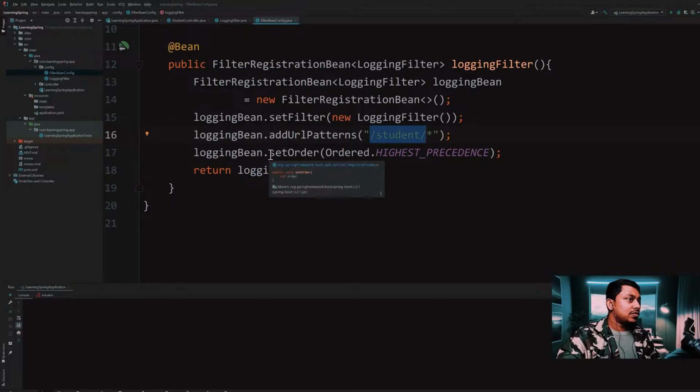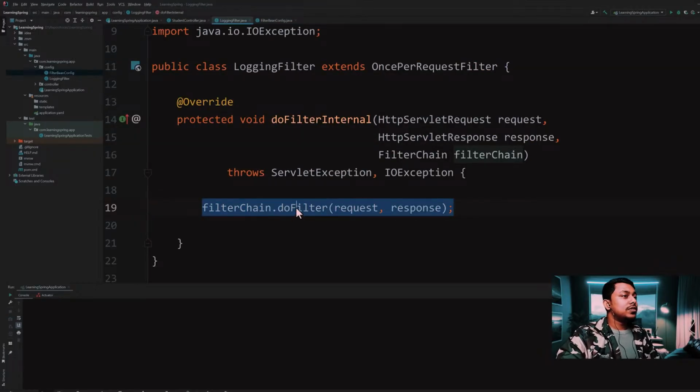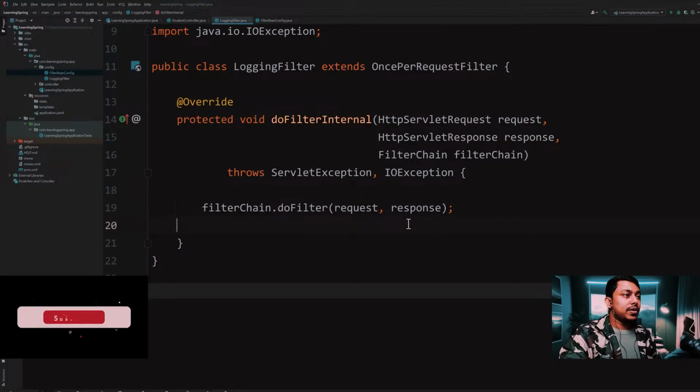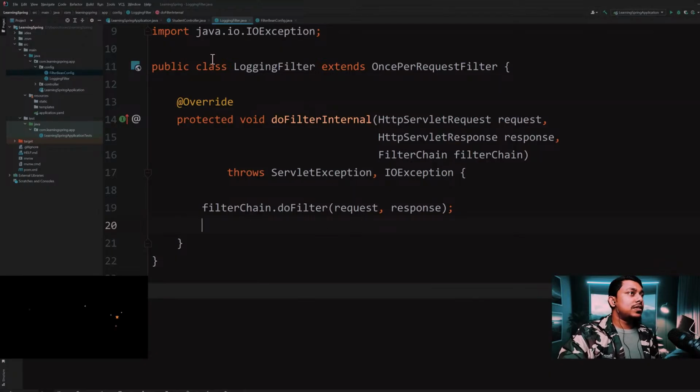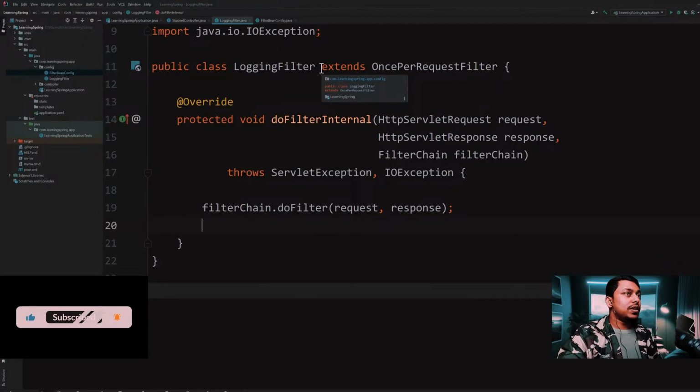And we can also set the order here with a setter method, and if a request matches this pattern, then the code before doFilter will be executed before the request is passed to the controller, and the code after it will be executed after the response is generated. These are the ways we can implement filtering in our Spring Boot application. I hope